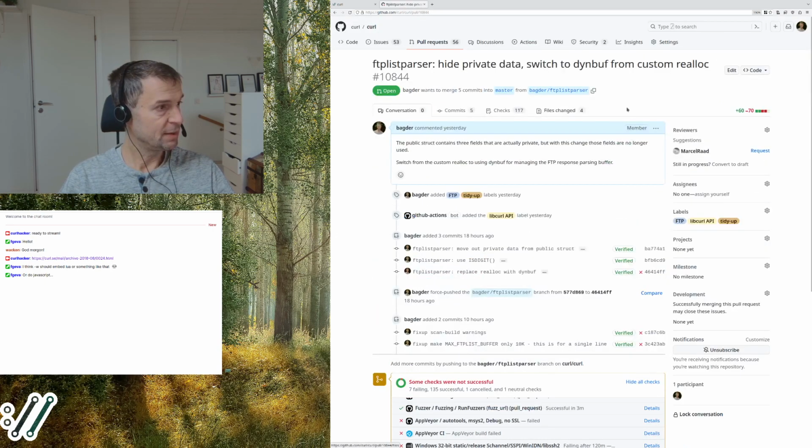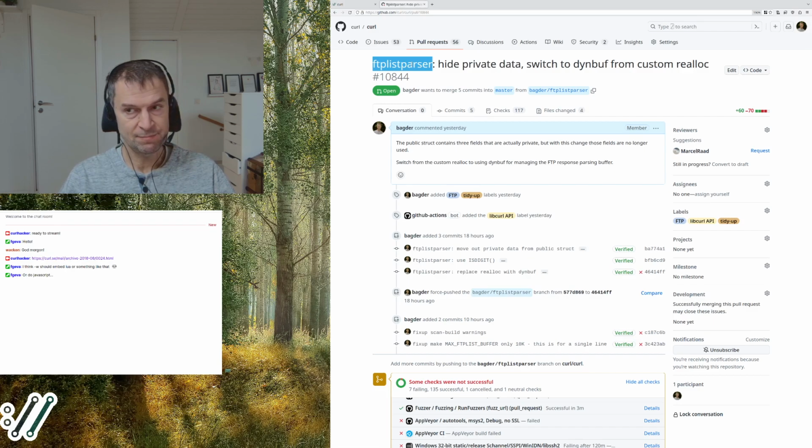So this commit, or this PR, is about the FTP list parser, which is functionality in curl that parses a list. It's actually a very rarely used feature. It allows you to download or do things with wildcards from an FTP directory.